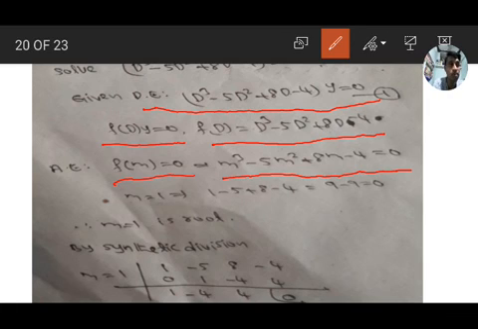Here also we don't get direct common factors. So we have to use the synthetic division method. For that we have to find one root by trial and error method. If we substitute m equal to 1: 1 cube is 1, 5m square is 5, minus 5 plus 8 minus 4, so it is 9 minus 9, 0. If plus 1 is not satisfying, we have to go for minus 1, then minus 2, plus 2, 3, minus 3, and so on. We have to substitute and check whether it is satisfying or not.